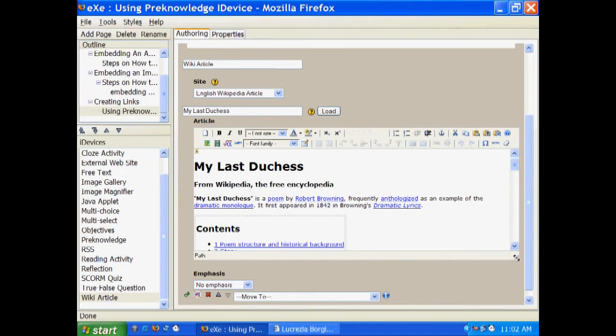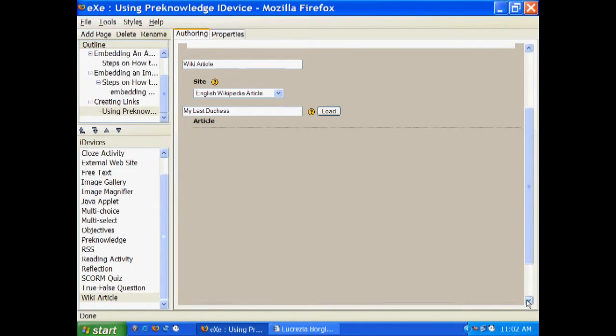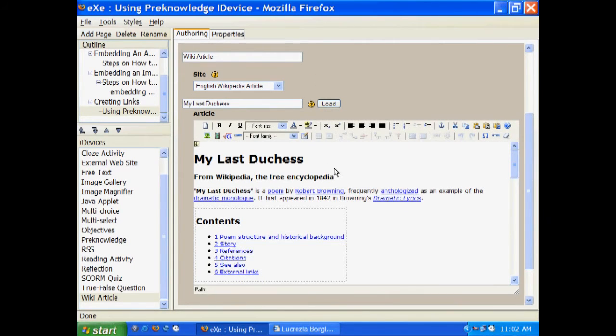This imported content page or article from selected MediaWiki site can be edited or modified. For example, you can edit the content in exe using elements like objectives or custom activities that are appropriate to your target audience. However, changes made to the article will not automatically be updated to the wiki, so changes made in your copy should be submitted to the wiki as well.